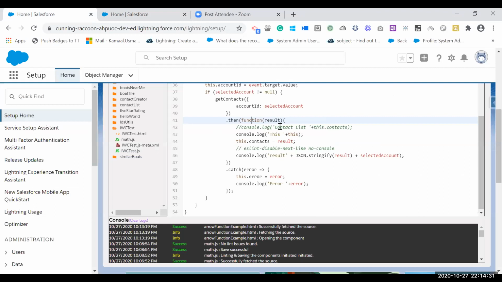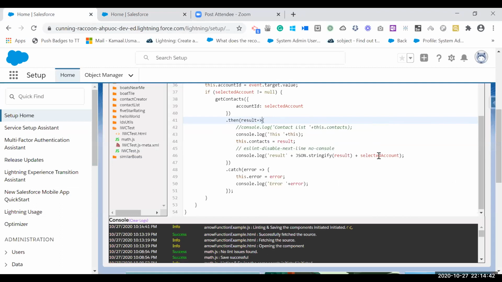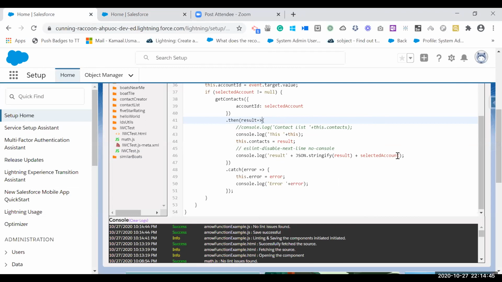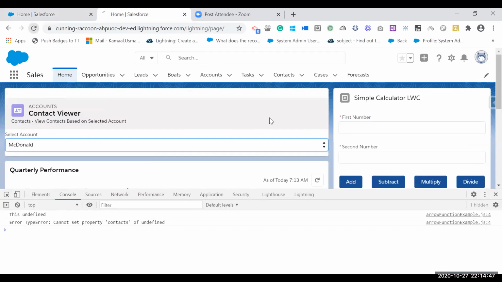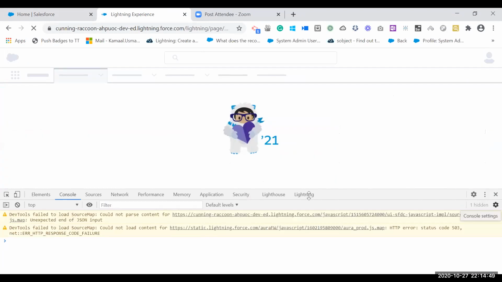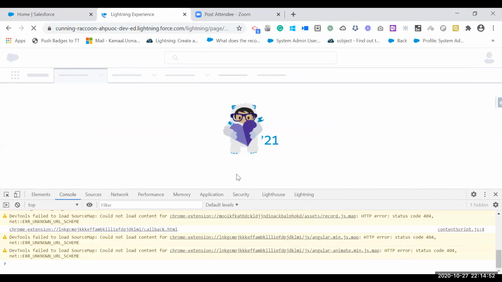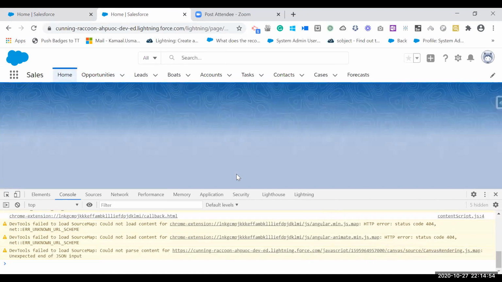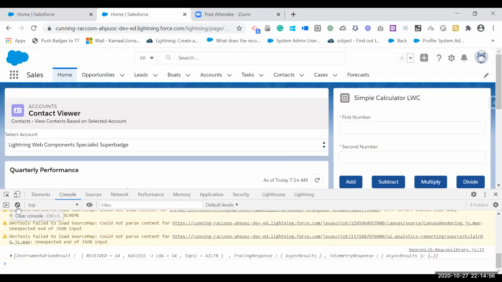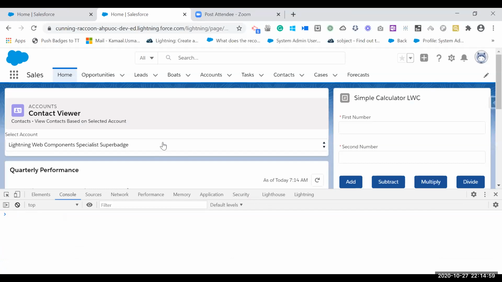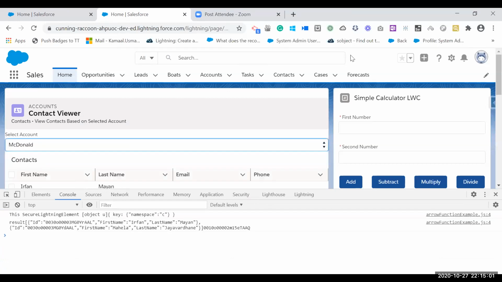And how can we resolve this? If we just replace this function with the arrow function. Okay, so now when I select any account, we are getting the parent as the secure lightning element object.